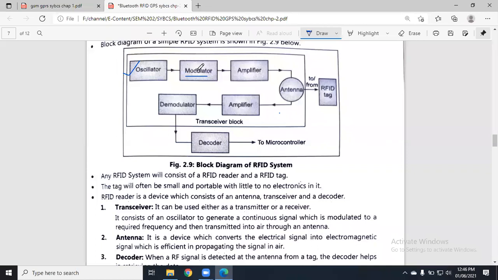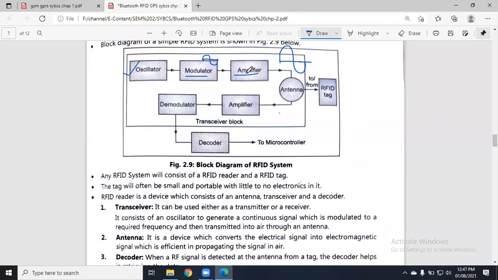Okay, the output of the modulator circuit is given to the amplifier. The basic function of an amplifier is to amplify the signal. What is amplification? It is to increase the strength of the signal. Whatever signal I have at this point, the amplifier's output will be amplified. So this is the difference between without amplifier and with amplifier. The strength of the signal is amplified. Strength means particularly the voltage is amplified.